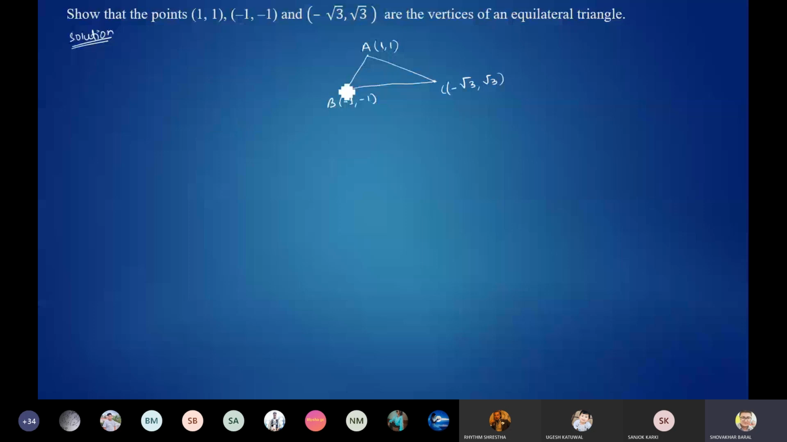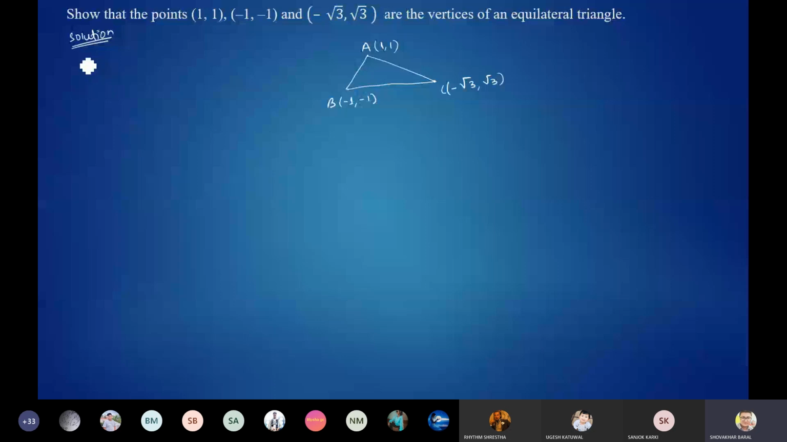So let's find the distance between AB, then BC, and then AC. If the lengths of all the sides of the triangle are equal, then it is called an equilateral triangle. If 2 sides are equal, then it is called an isosceles triangle. If all the 3 sides are not equal in length, then it is called a scalene triangle. So to prove this is an equilateral triangle,